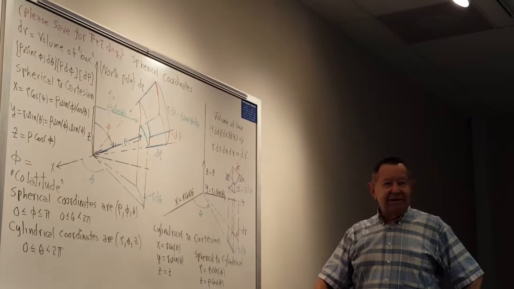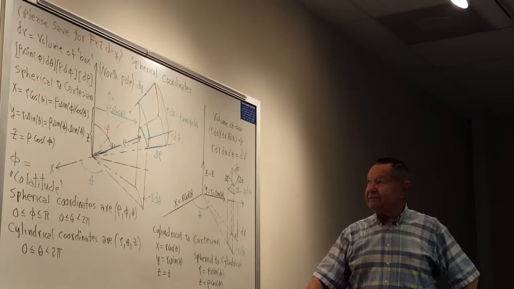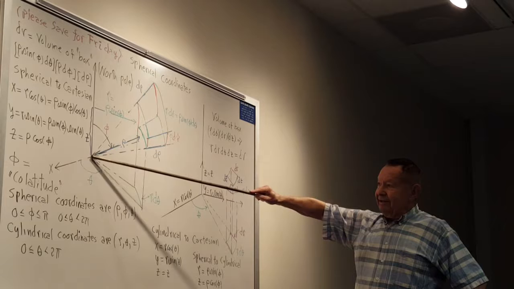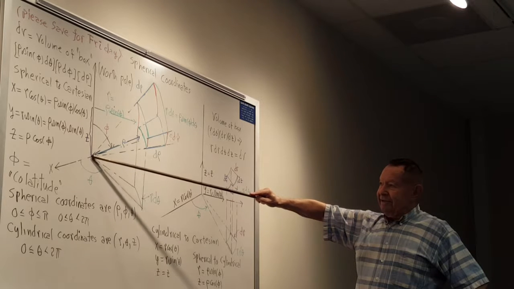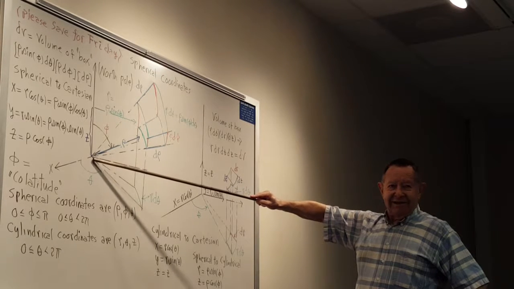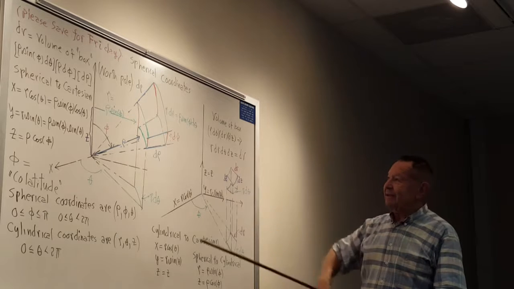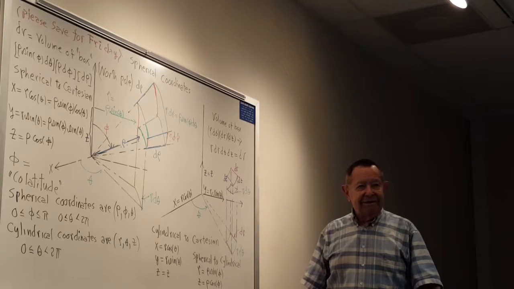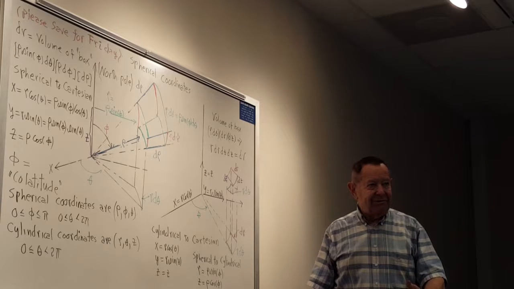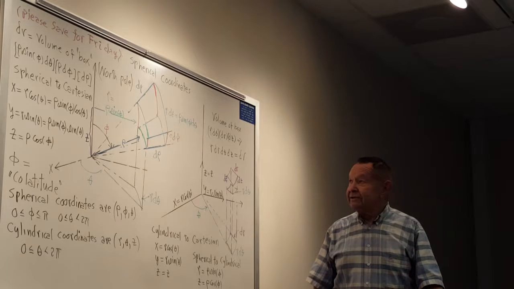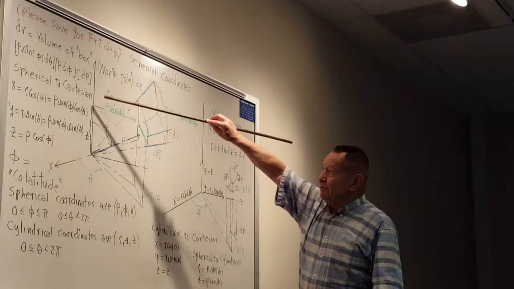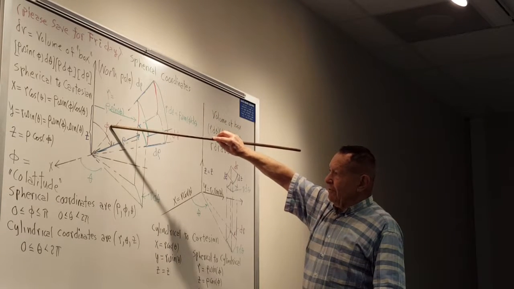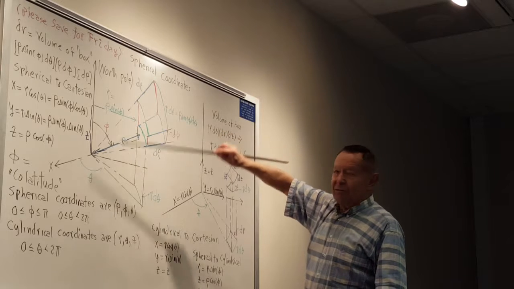And so we think of the North Pole as we do, which would be up here, and think of the center of the Earth down here, say at the origin. And then, as you know, we measure latitude from the equator, so measuring down from the North Pole, which is the angle phi in spherical coordinates,